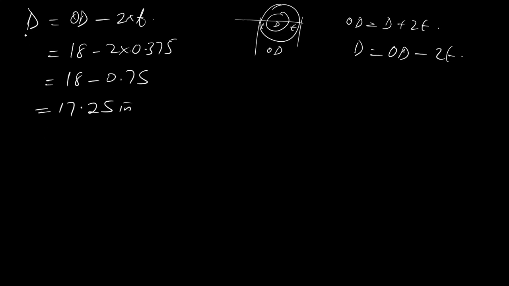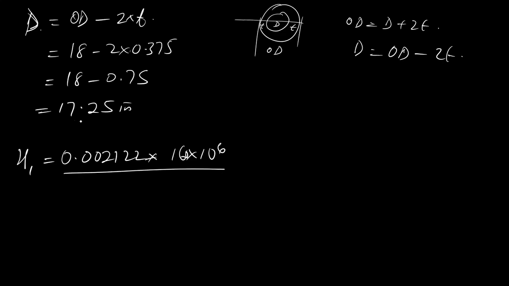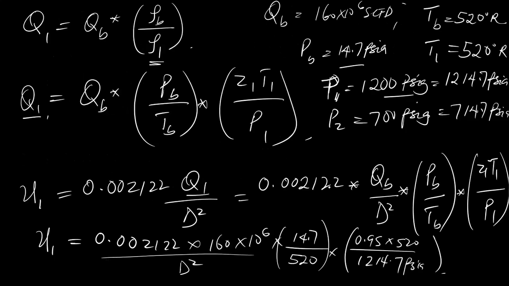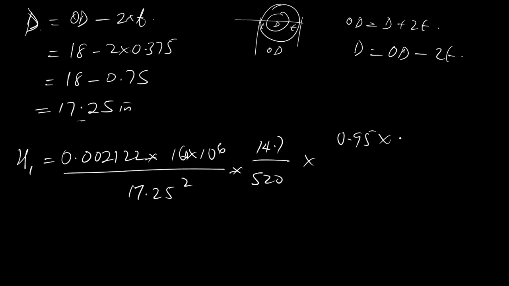Now the velocity at the inlet will be 0.002122 times 160 times 10 raised to the power 6, divided by d square, which is 17.25 square, times 14.7 divided by 520 times 0.95 times